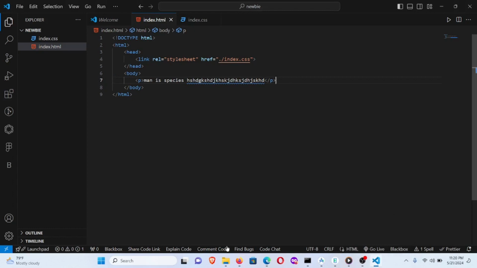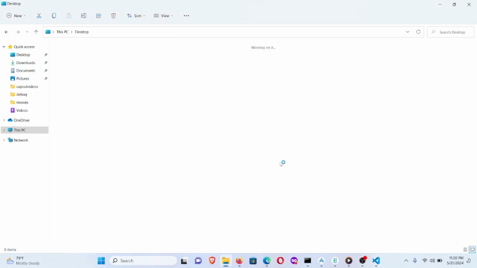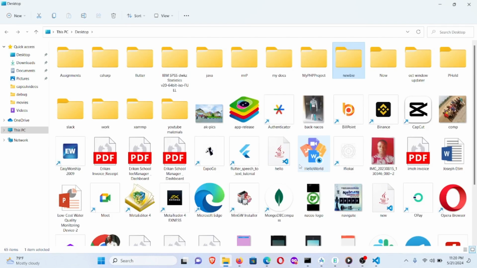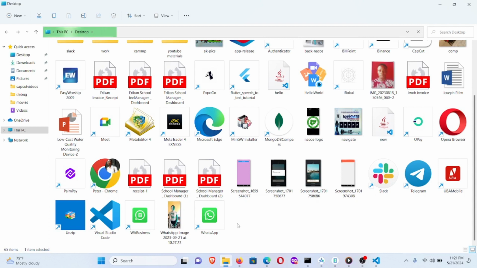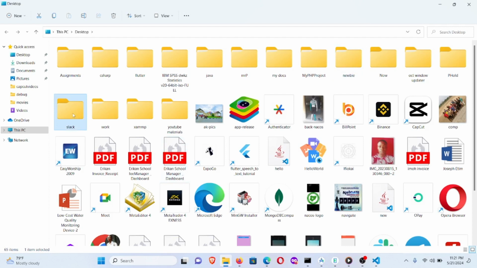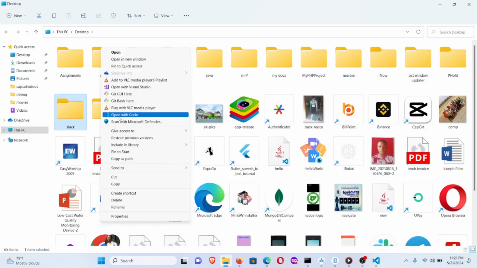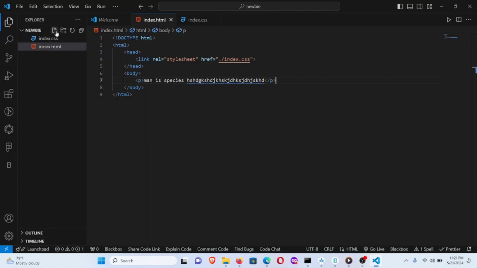All right, so just to recap again, you come over to your desktop, you create a new folder, then you open that folder on your VSCode, right? By right clicking and then open with VSCode, right? Just like that. So let's say this was our file right here. So we would click on this, right click, show more options, open with VSCode, just like that. And then this is going to pop up right here, and then you get to create the different files and then link them. So I hope